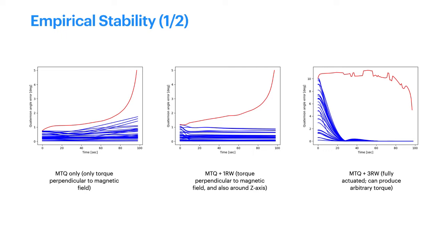This is in part because angular velocity error contributes to the value of the Lyapunov function at the end of the trajectory, so a state could be on the boundary of the goal set and still have quite low pointing error if the angular velocity error is high. Another factor is that certain initial conditions can lead to huge error blowup. For example, magnetically actuated satellites can't torque around the magnetic field axis, so an initial low spin around this axis is hard to cancel and can cause large divergence from the trajectory.